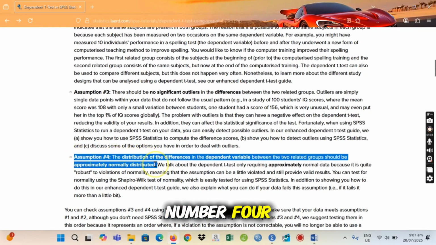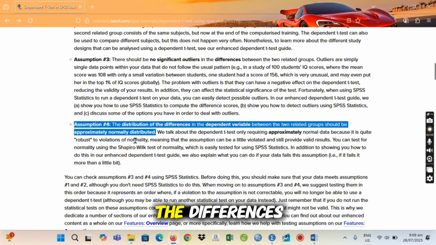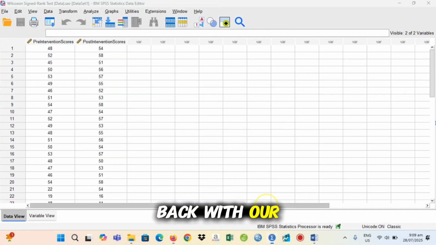Assumption number 4: the distribution of the differences in the dependent variable between the two related groups should be approximately normally distributed.